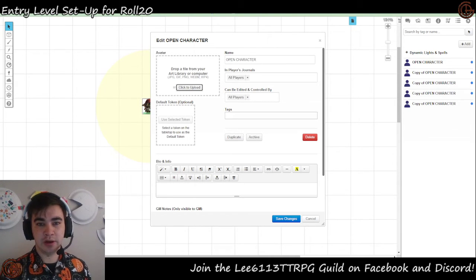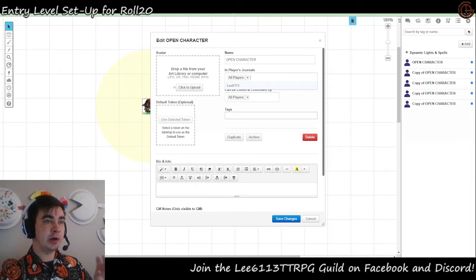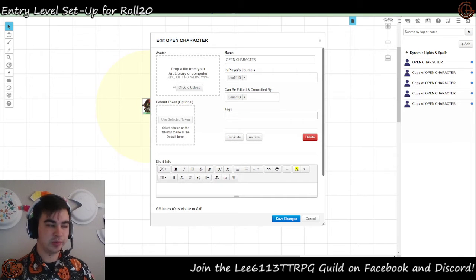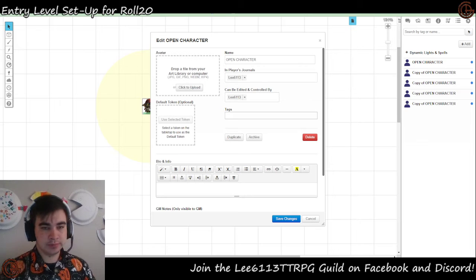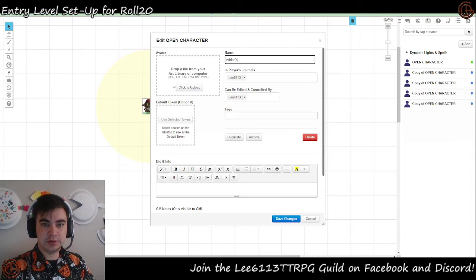And then from there, once they're in, if you want to minimize the other players seeing it, you can change this from all players to just them. So if I'm the player, I could take out all players and just assign the one player. You as the GM will always have access to everything, so you don't have to be listed, but I usually do it anyways. Once I make this character mine, and we'll say Adrian's PC,